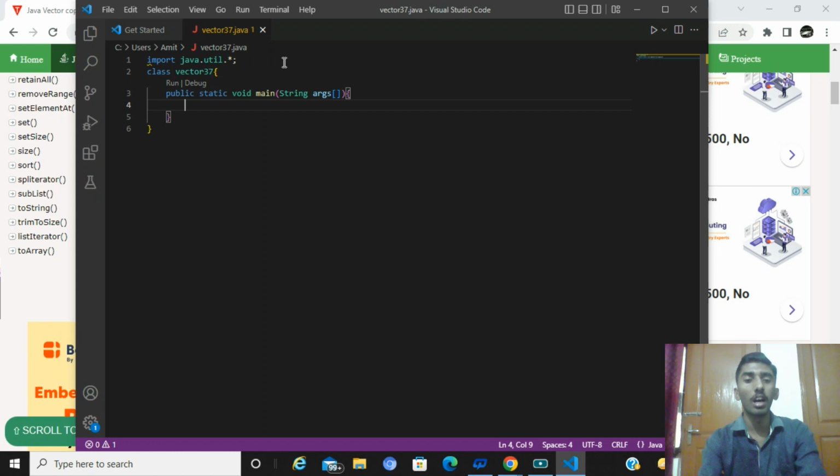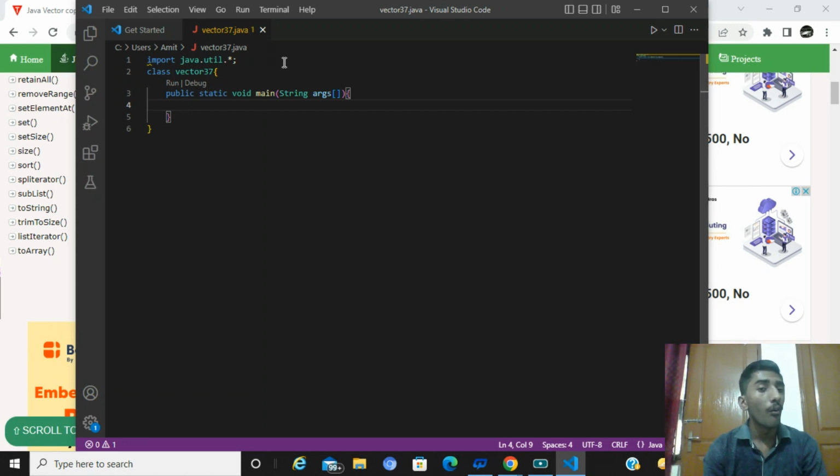Take the curly bracket again, and after that what do you have to write here? You have to write the vector format. So what is the vector format? The vector format is